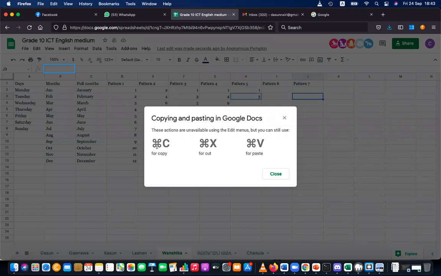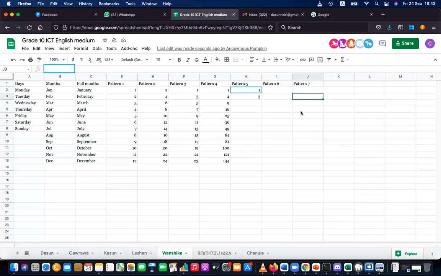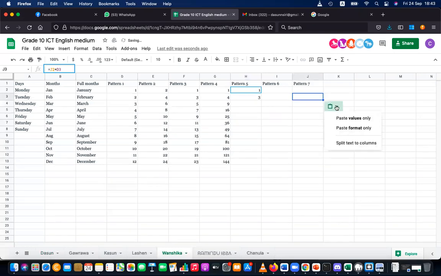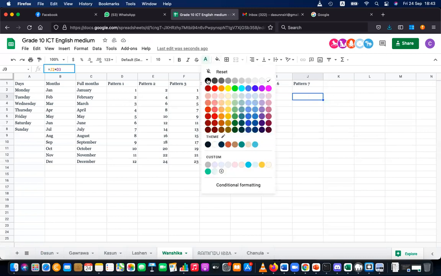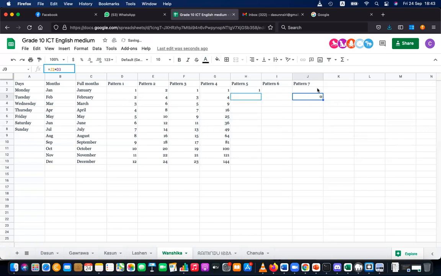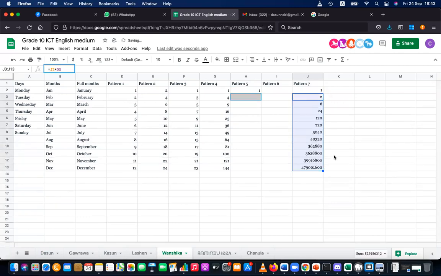Here I have to use Control V to paste. And when I paste this, I have to change the color also, like maybe this, as I remember, this was one. Then I can just fill it and you can get all the things.